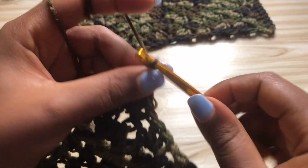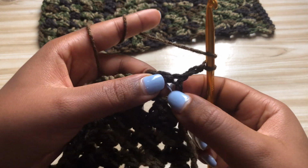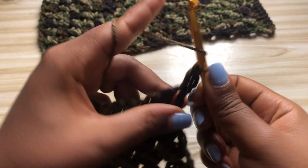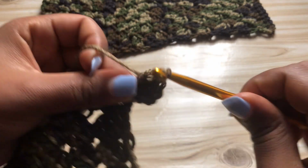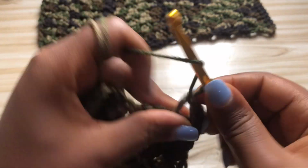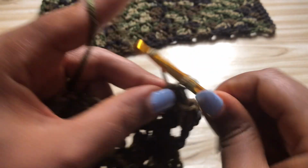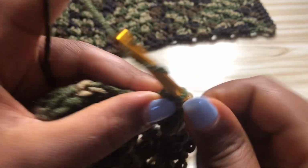So chain 3 and turn your work. For the next row, you're going to skip this. You're going to work into this first space, making 3 double crochets, skip 3, and make 3 double crochets into the next space. Yarn over, make 3 double crochets into the next space,